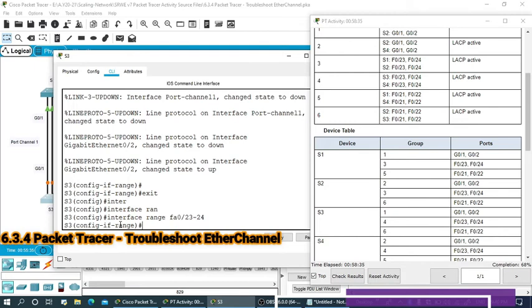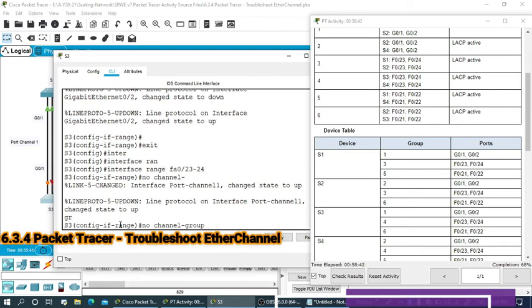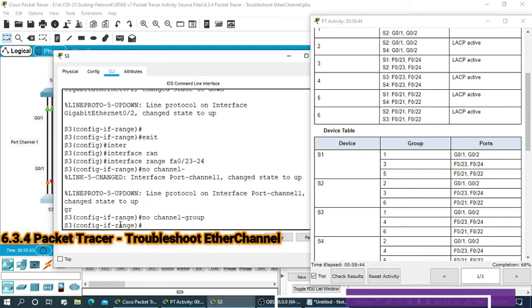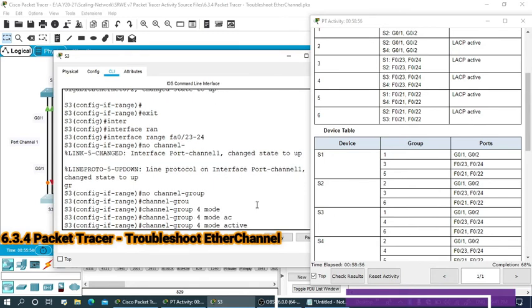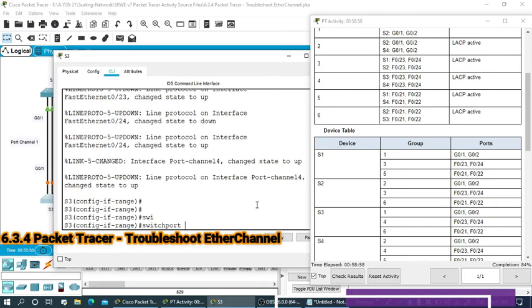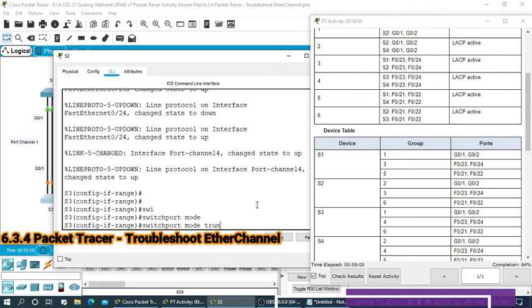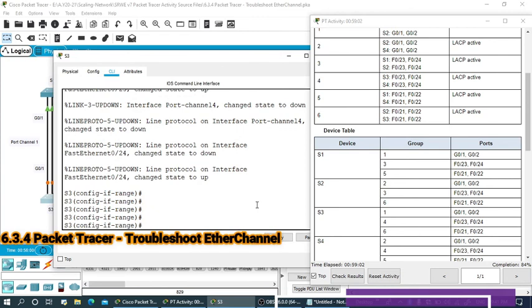Here we type no channel group, then you need to write channel-group. The channel group should be 4, channel-group 4 mode active. And again just type switchport mode trunk. Okay, this is done.